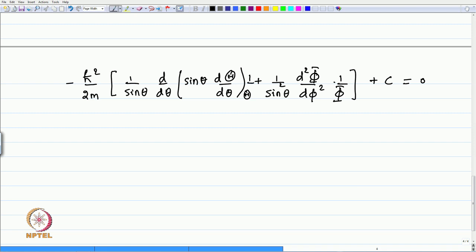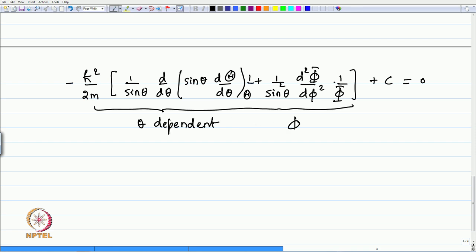Now, this equation again can be separated into theta dependent part only and phi dependent part only. If you multiply the whole equation by sin square theta, you will get c sin square theta, and then the first term will contain all the theta dependence terms. The second one will not have the theta dependent form, it will be only the phi dependent part. Therefore, you multiply by sin square theta throughout,